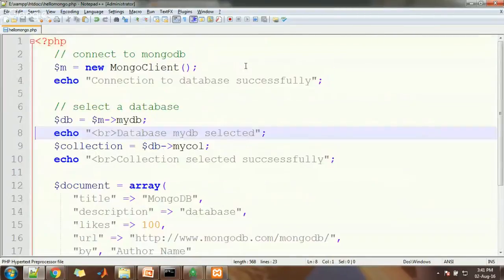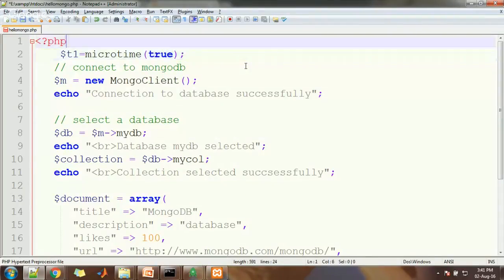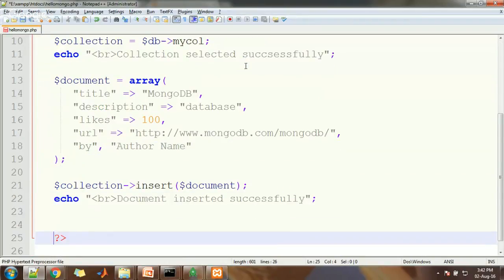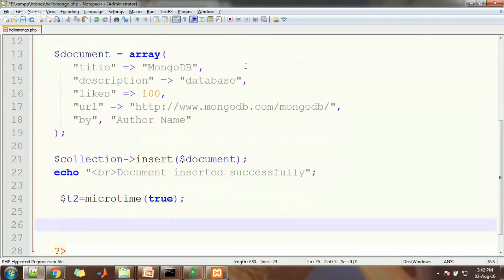So using this way you can create your applications with PHP with a MongoDB backend. If you want to check the execution time, $T1 equal to, I want to see how much time it took to execute this instruction, so that a comparison can be done with MySQL or Oracle. $T equal to,